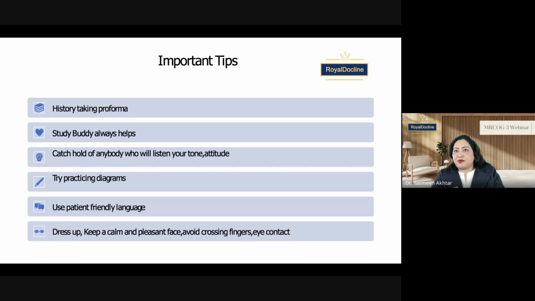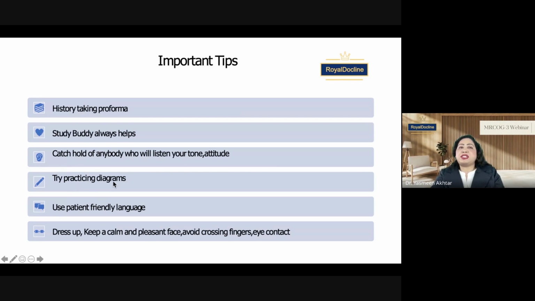And in case of the cause of not getting pregnant, most likely this is the tubes, and it seems these are blocked. So how will we get through them? We have to do some further investigations, and these further investigations need hysterosalpingogram, or you want to do the laparoscopy, whatever is according to the situation. You can take the practicing diagram.